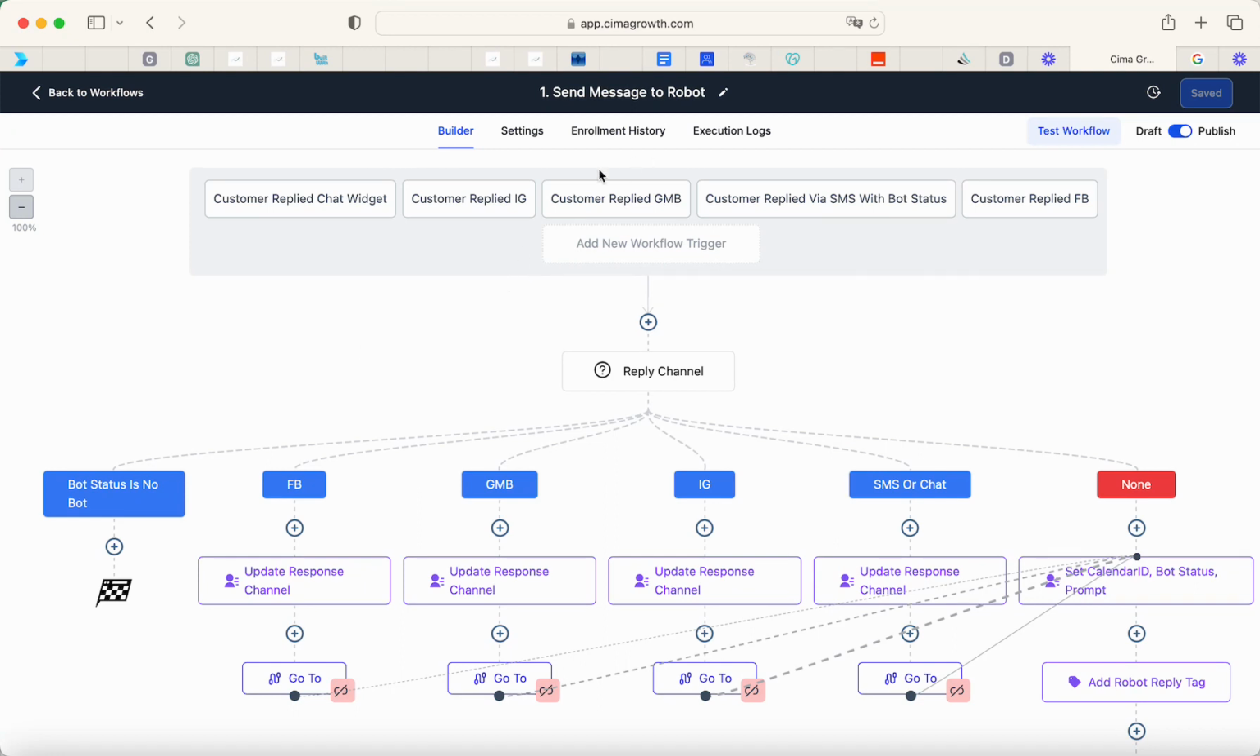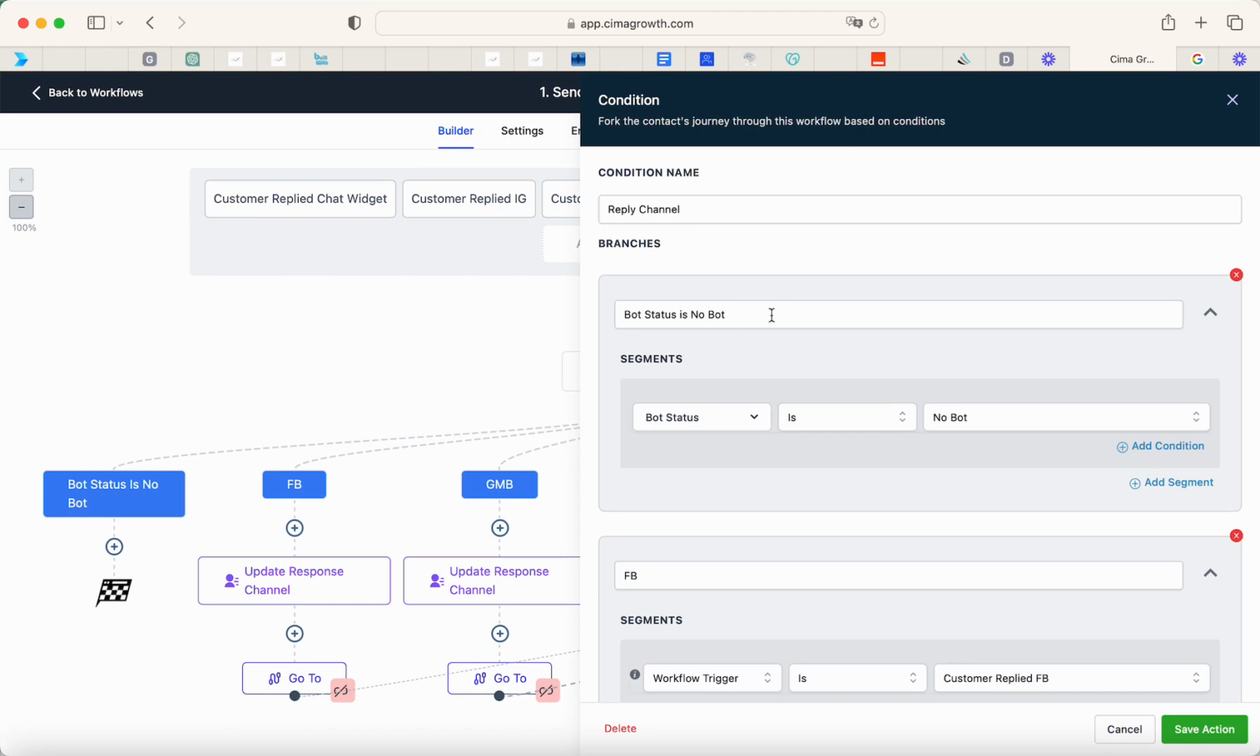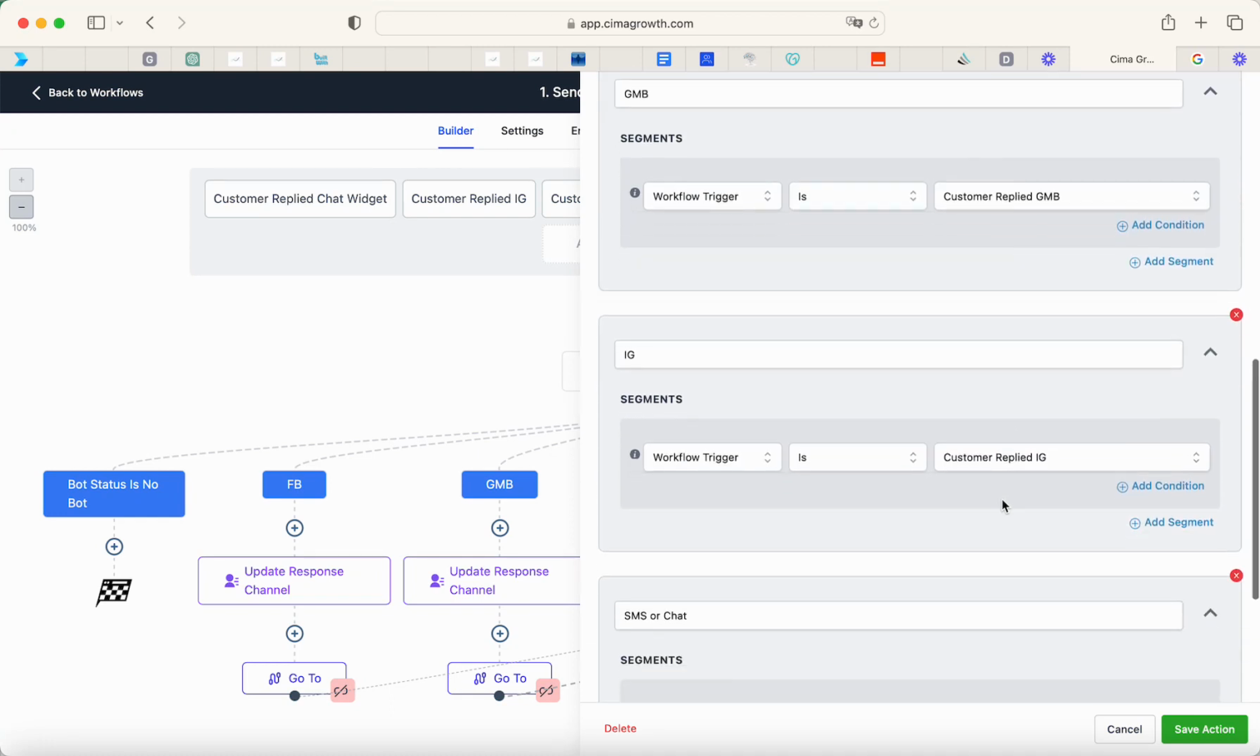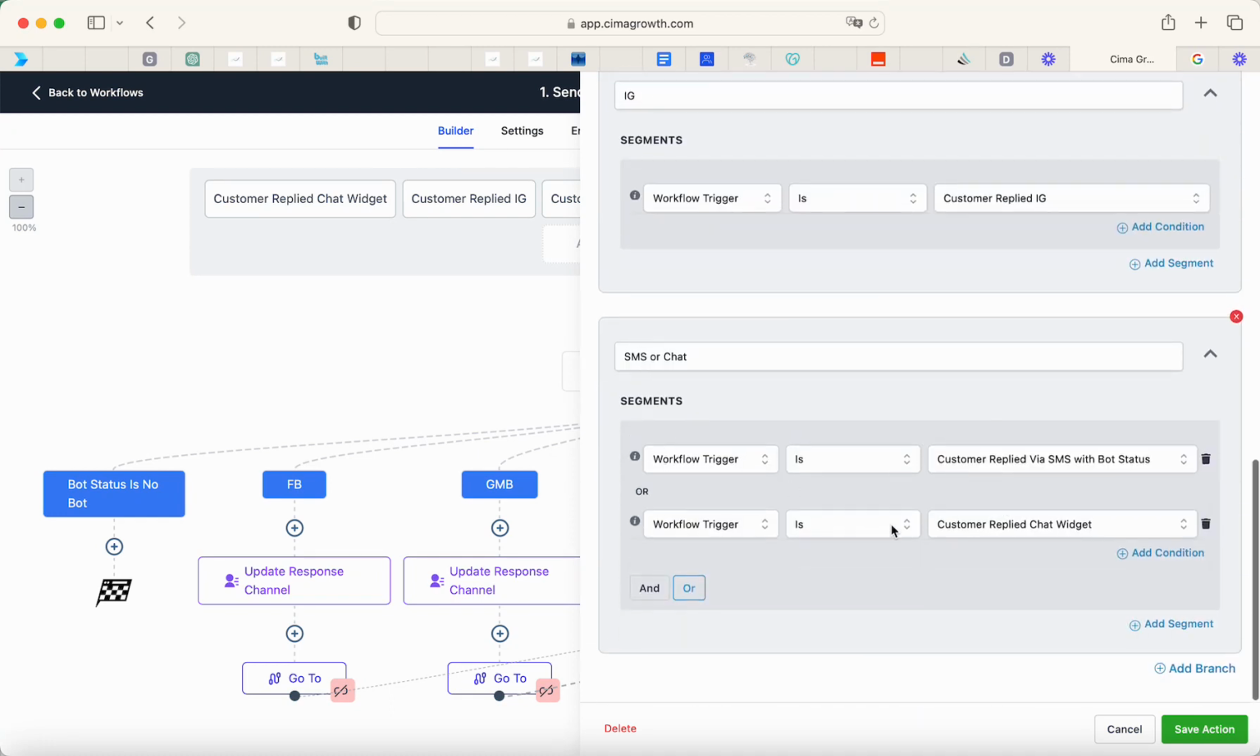So this is saying if the customer replies to the chat widget, like on your website, or sends you a message on Instagram or Google My Business or Facebook or text message, it's going to start this process to activate the robot chat. Now, this says if the bot status is no bot, meaning they're tagged as not a bot, it won't start the conversation with the bot. But if it does, and in this case, like with SMS,